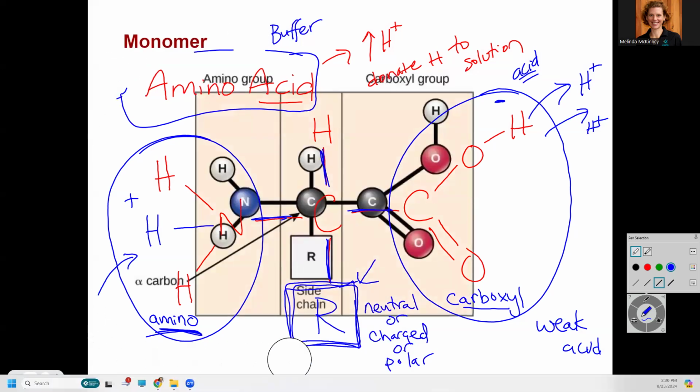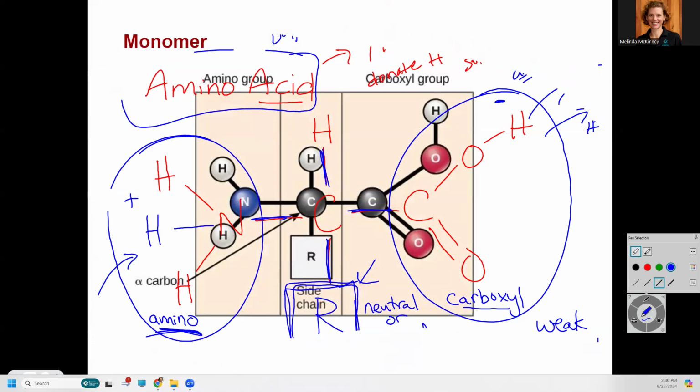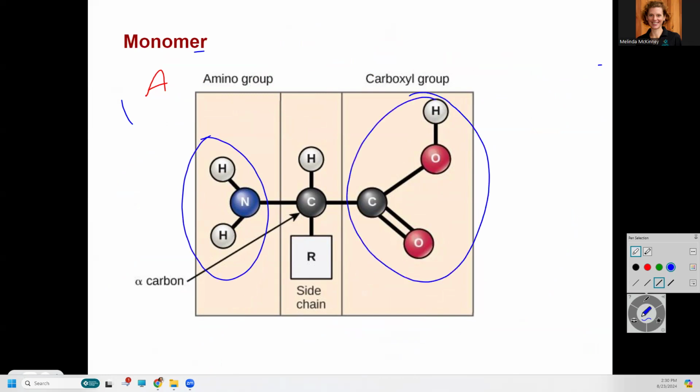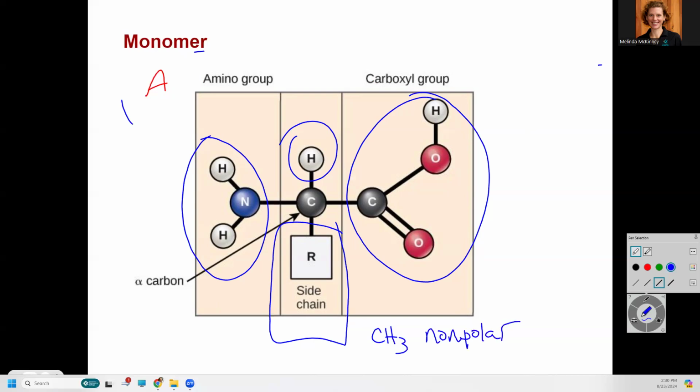This is just an image of the amino acid. It's a little bit neater than my drawing. And you can see over here the amino group on the left, the carboxyl group on the right, our hydrogen on the top, and then this R is the side chain, which could be something as simple as CH3, which would be a methyl group, which would mean this is a relatively non-polar example, or it could be something that's charged